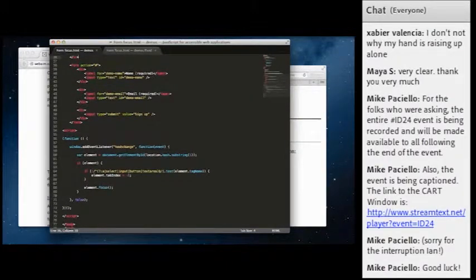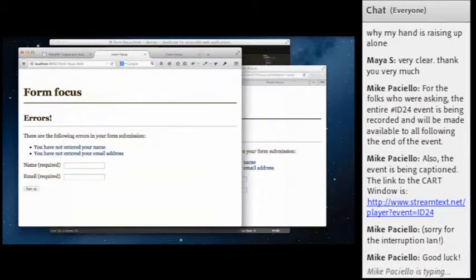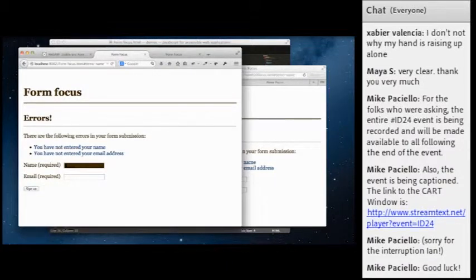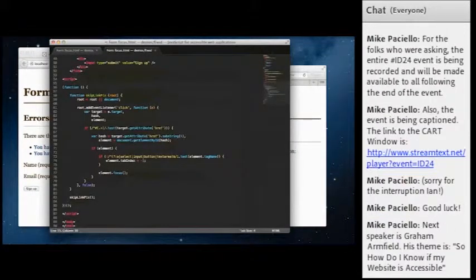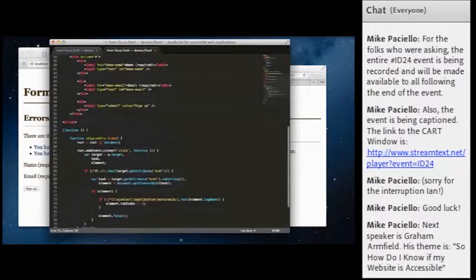There's a great blog post from Leonie Watson who talks about the best ways of getting live regions to work. From what I remember, a role of status and an aria-live value of polite is the best, widest supported combination of the various attributes you can use to make live regions work. So we create an element, and then the add function literally just empties the area and replaces it with a message. So let me